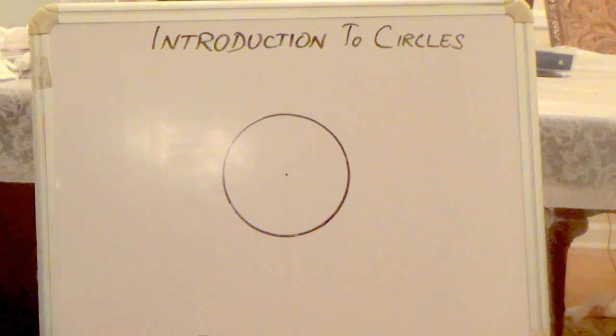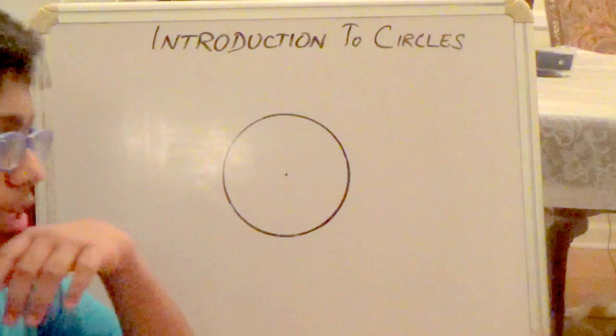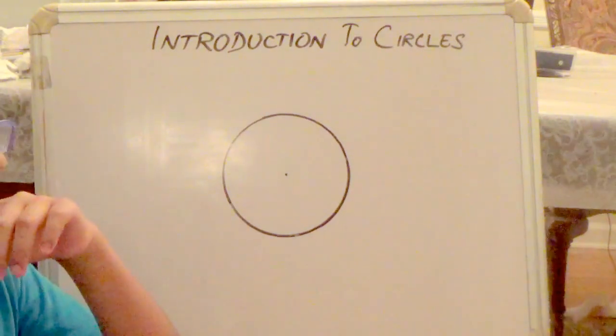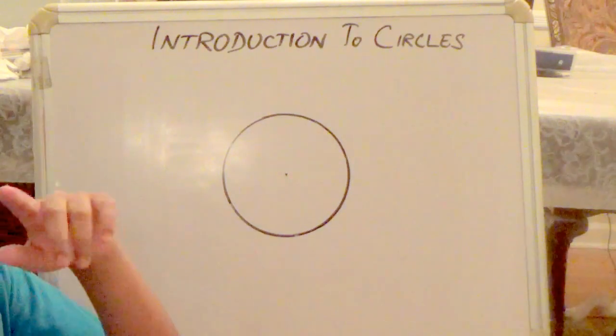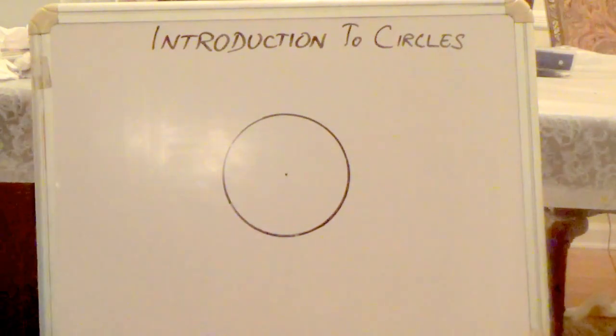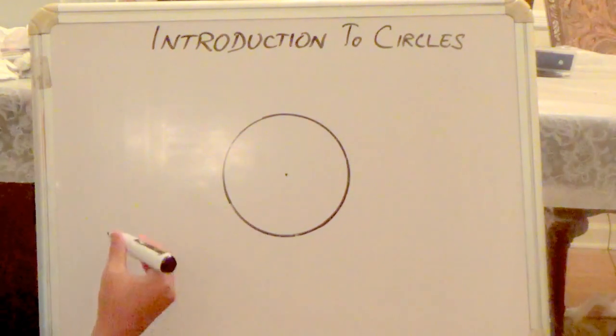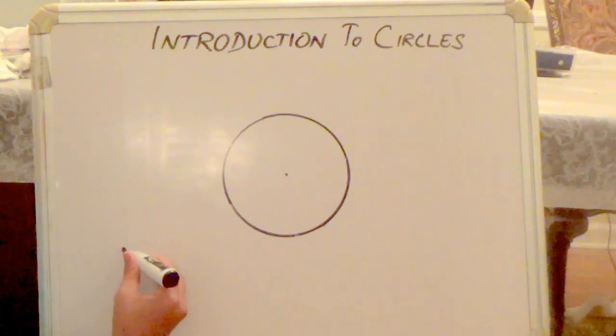What exactly is a circle? A circle is basically a set of points, the full set of points, equidistant to a single point. Basically what I mean by that is, let's say,